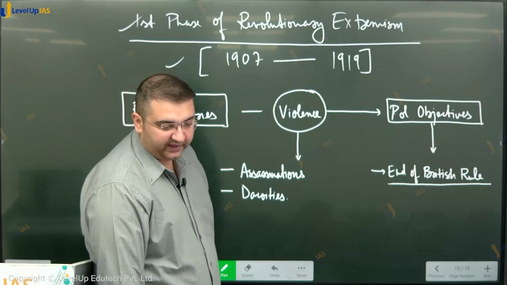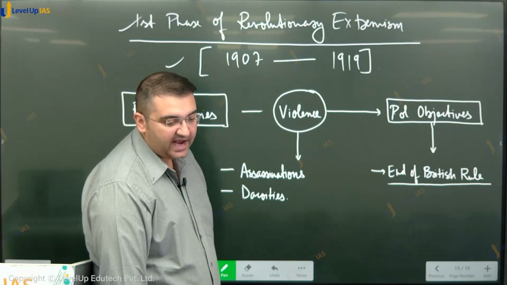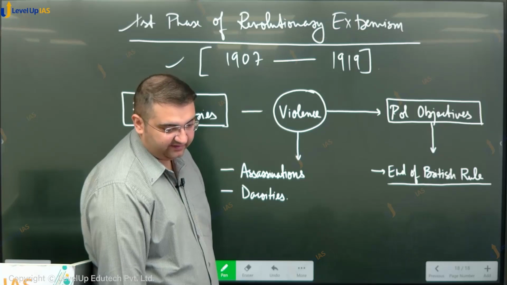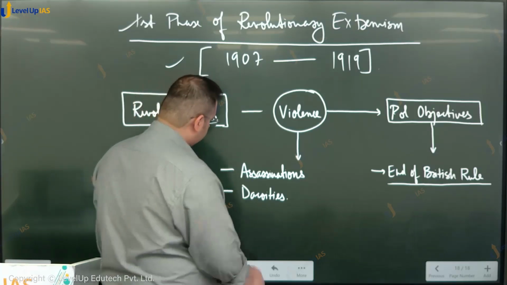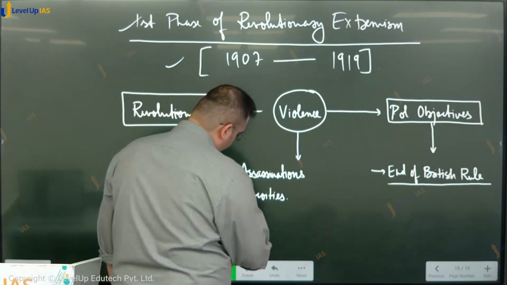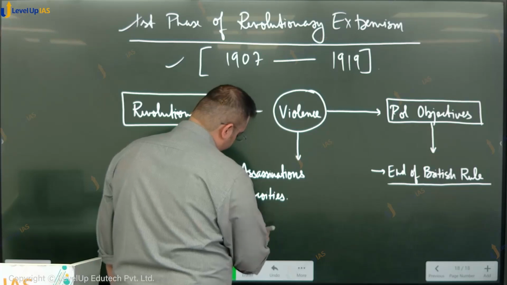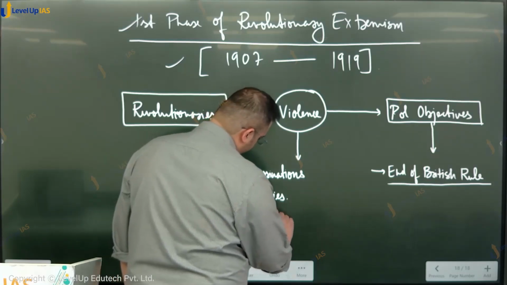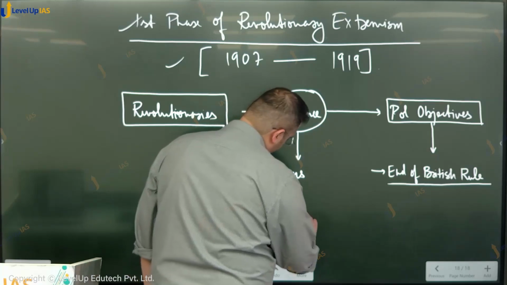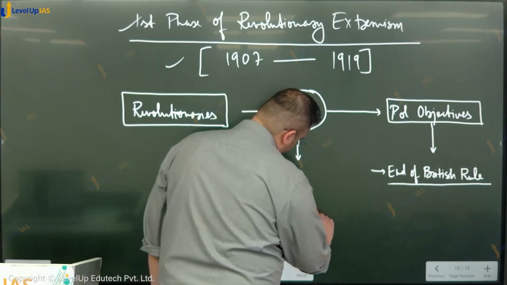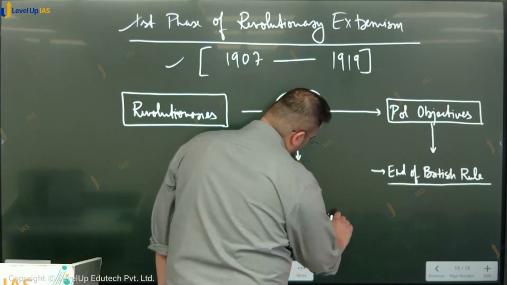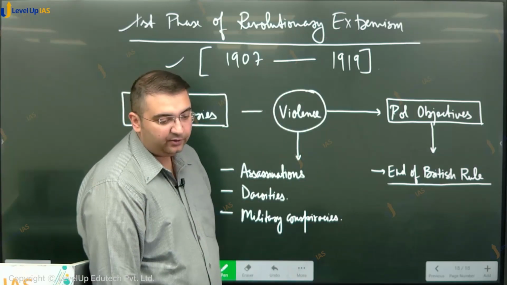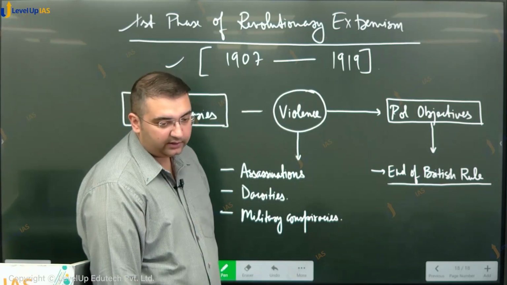Dacoities or robberies of government cash, arms and ammunition in order to sustain their activities. And military conspiracies, especially during times of war,